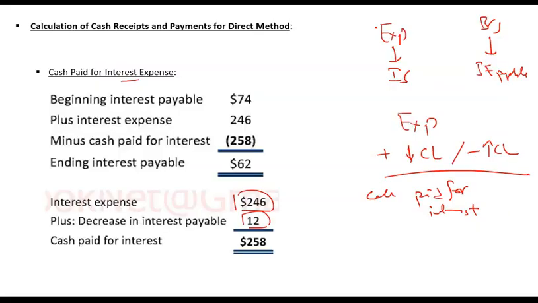Same. Now moving on to the next part. So that was about operations. Now moving on to investing activities. In investing activities, you have activities such as selling an asset or buying an asset. When you sell an asset, you get some proceeds from the sale. So when you get proceeds from the sale, that is a cash inflow from investing activities.